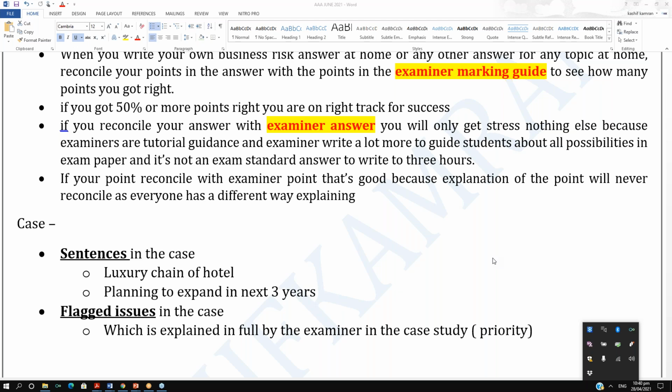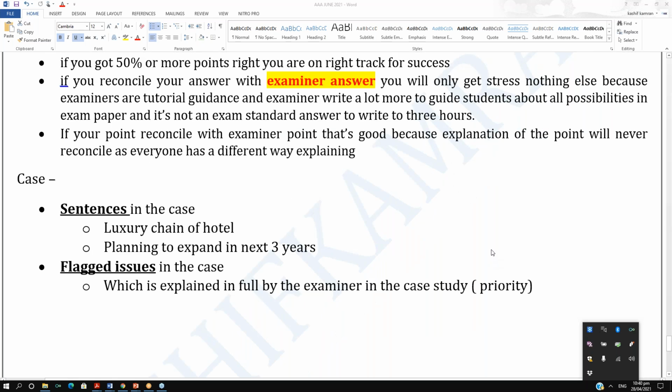Were we discussing sentences and the flagged issue? Have you found the difference between a sentence and a flagged issue? A sentence is like a luxury chain of hotel planning to expand, whereas a flagged issue is the one which the examiner explains fully,